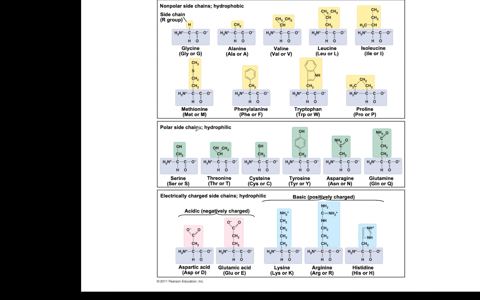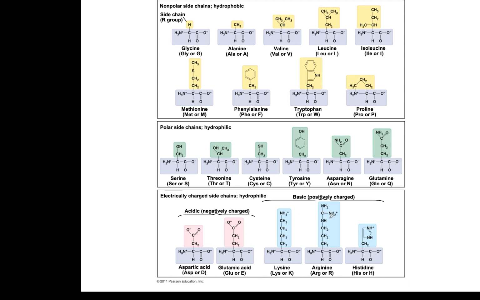But some amino acids show hydrophilic property. For example, in the same way, the purple box indicates the common chemical structure of an amino acid: the central carbon, amino group, and carboxylic group. When you look at the green box area, those are the R group. The chemical composition of this R group shows water-like property. Therefore, it is a hydrophilic amino acid. The bottom panel shows electrically charged side groups, hydrophilic, negatively charged and positively charged hydrophilic amino